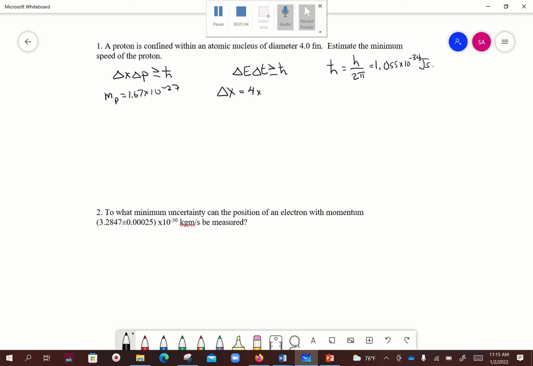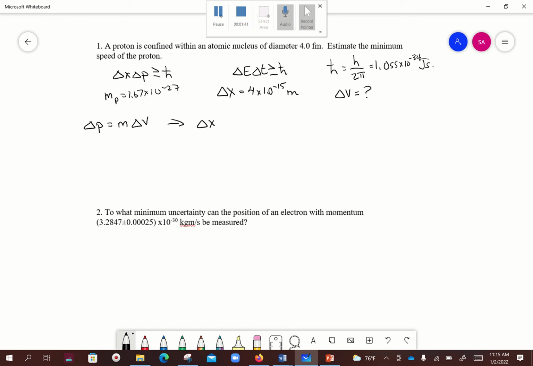It's somewhere within the 4 femtometers, and a femtometer is 10 to the minus 15 meters. So it's 4 times 10 to the minus 15 meters. I want to find the uncertainty in the speed, so I want to find delta v. Okay, so how do we get it from these equations? Well, P is m times v, so delta P is m times delta v. So I can find that,